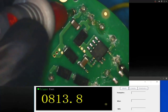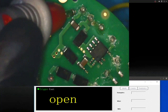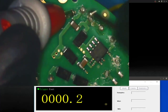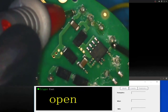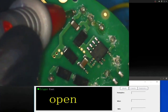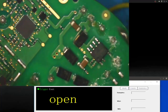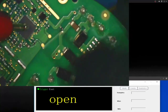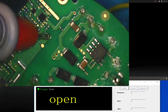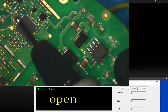Yep, no continuity there. No continuity there. No continuity there either. Right. Cool. Yep. Excellent. So as you can see, they're not tied in to any of these rails. So scratch a bit. From coating off at all. Not tied in anywhere. The reason being they're going through this bridge rectifier, they have no direct input to our